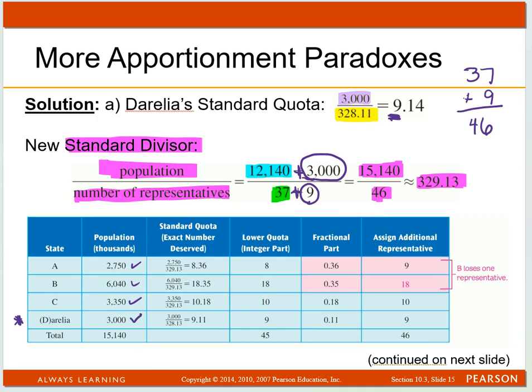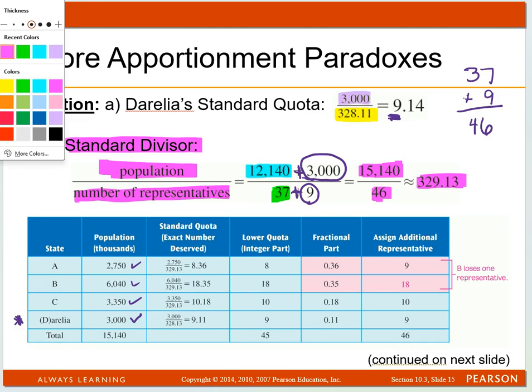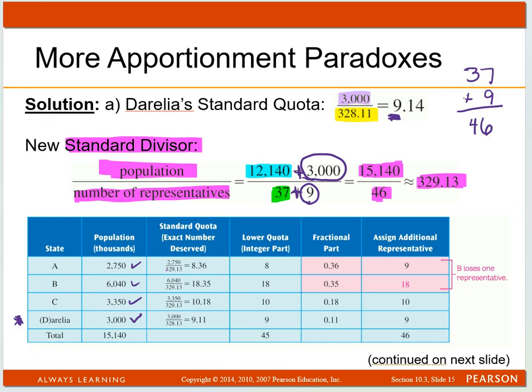And now you have a new standard divisor, so all my denominators are now 329.13. The numerators are still the same. They were what they were before. And this time, again, once they get this number,